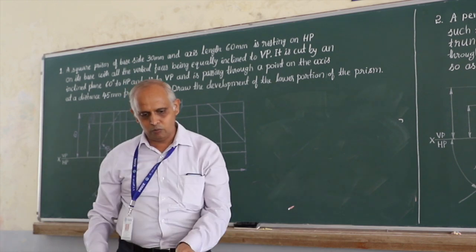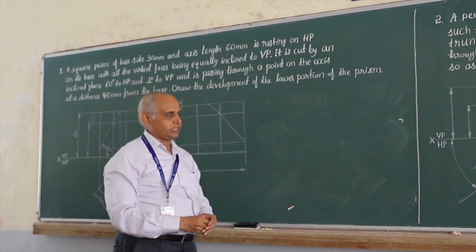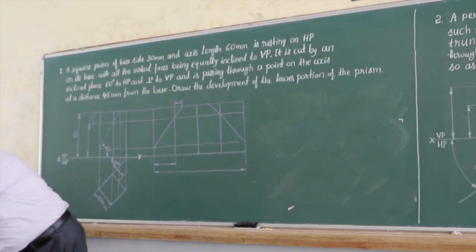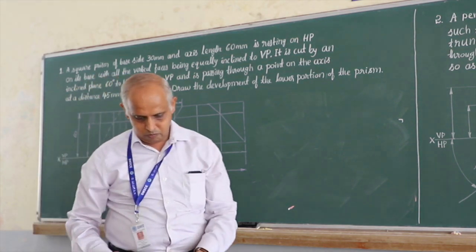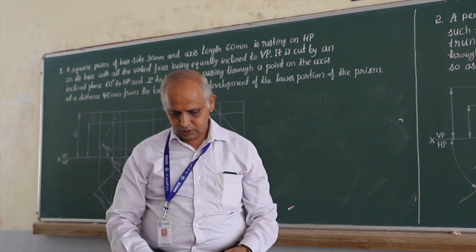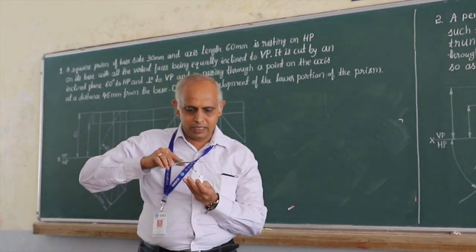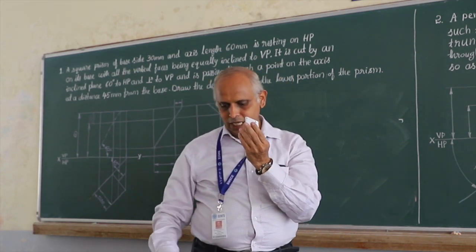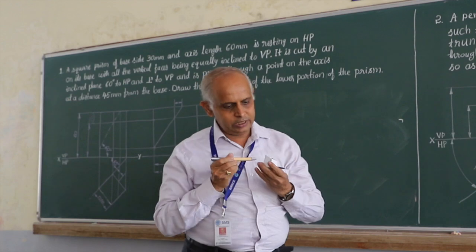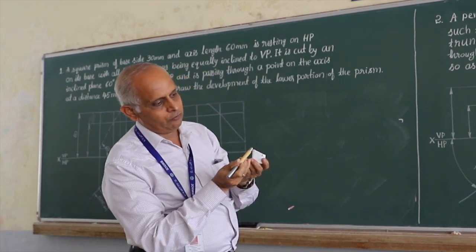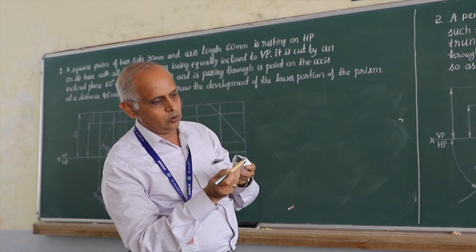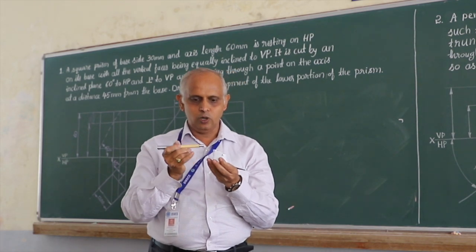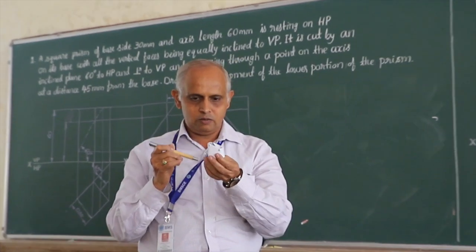Now let us try to understand one more concept. When you cut an object, you are going to create some section points. For example, if I take a square prism and cut it at an angle, when you cut at an angle, remember these edges are cut. So when these edges are cut, you have a new point formed here: section point 1, section point 2, section point 3 and section point 4. It is very, very important for you to locate these section points on the cut object.